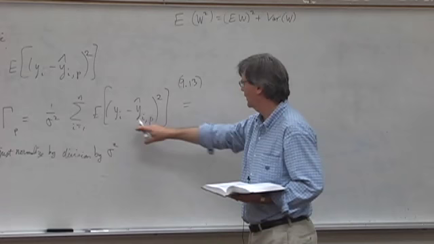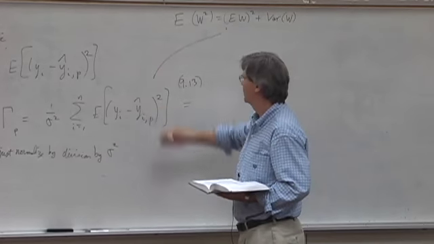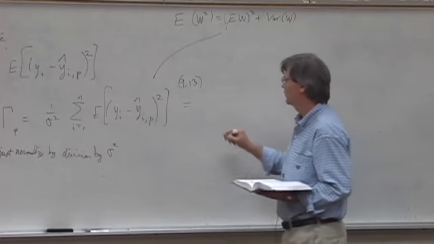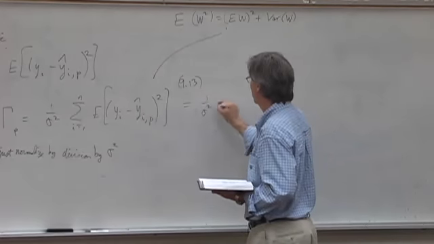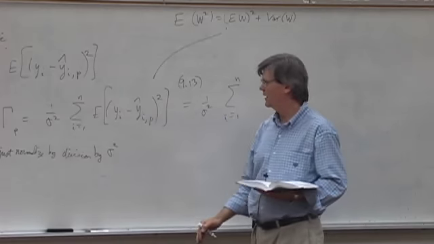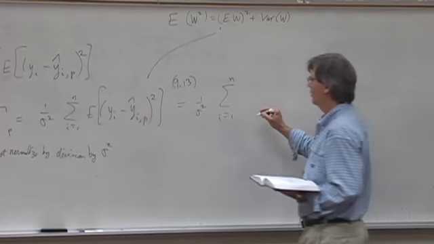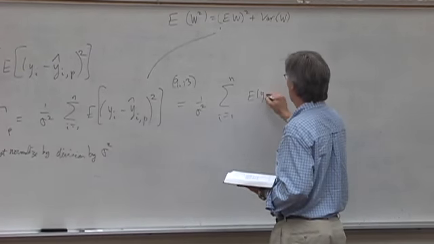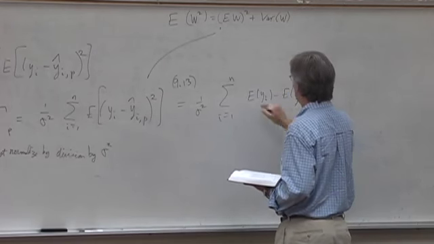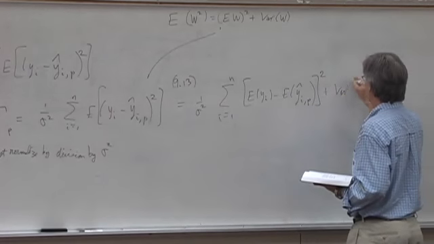So if I take this and use that identity there, and put in here, that's the W squared, right? So we get 1 over sigma squared, then the summation, i goes from 1 to n. And now I'm going to use that formula in each of the n summands, and I get the expectation of Yi minus the expectation of Yi,P hat, squared, plus the variance of